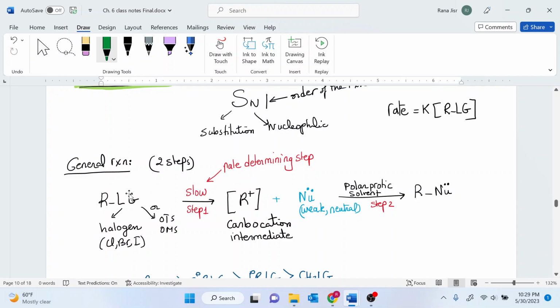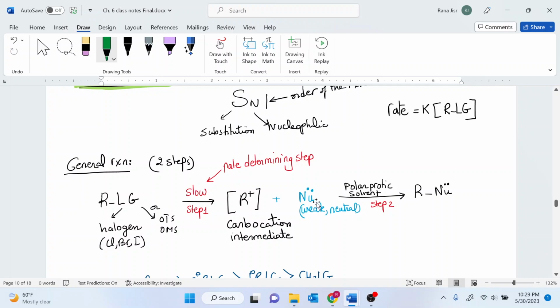You start with the first step, and the first step is a slow step. So this is the step that determines the rate of the reaction. You start with the alkyl halide, the leaving group leaves on its own and it creates a carbocation. After you create a carbocation, the carbocation will be an intermediate. Then the nucleophile is going to attack the carbocation in a nucleophile electrophile reaction in order to get you to